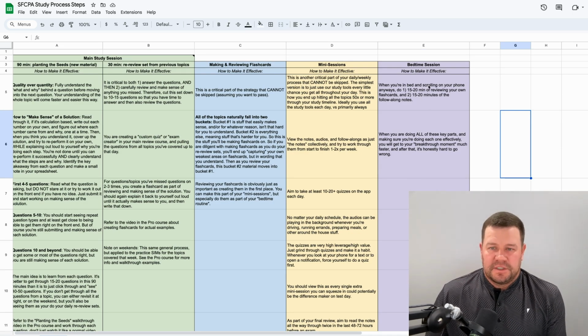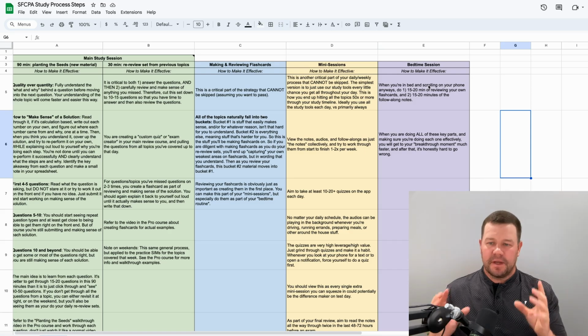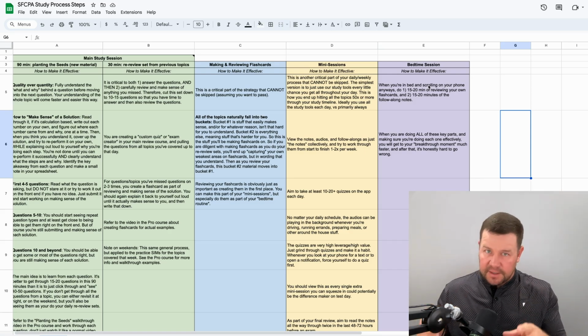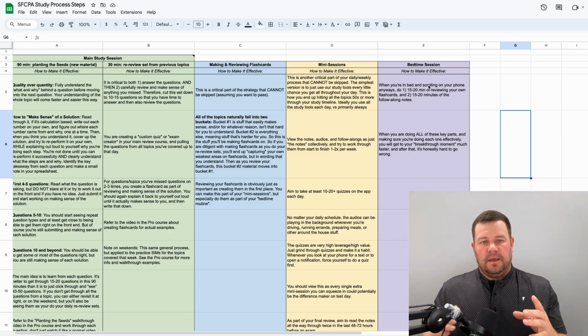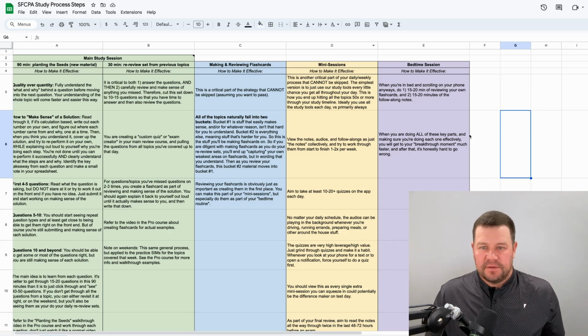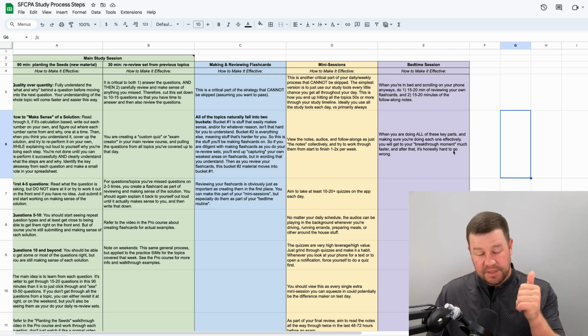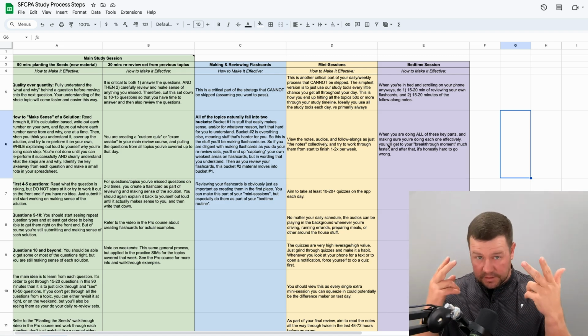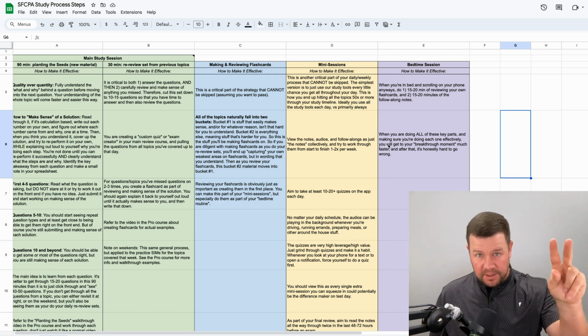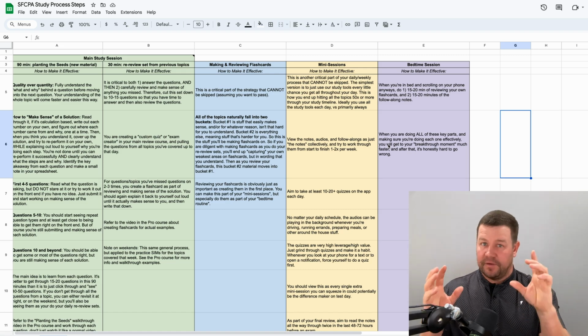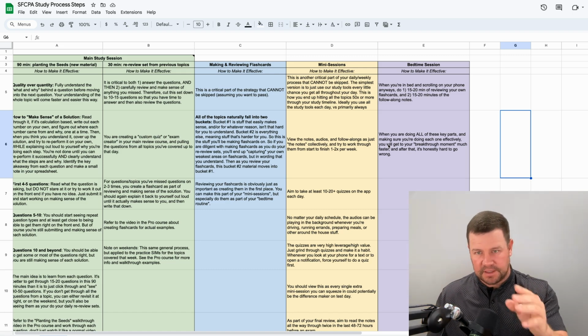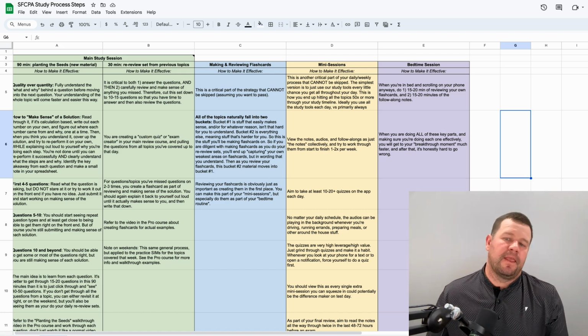So the bedtime session, this is pretty simple. This is just another easy part of your day to fit in more study time. And this might all sound like a lot, but again, this is so much easier, mentally, to do: 2 hours in the morning, mini sessions throughout the day. You have your evenings free, I guess, except for this bedtime session.